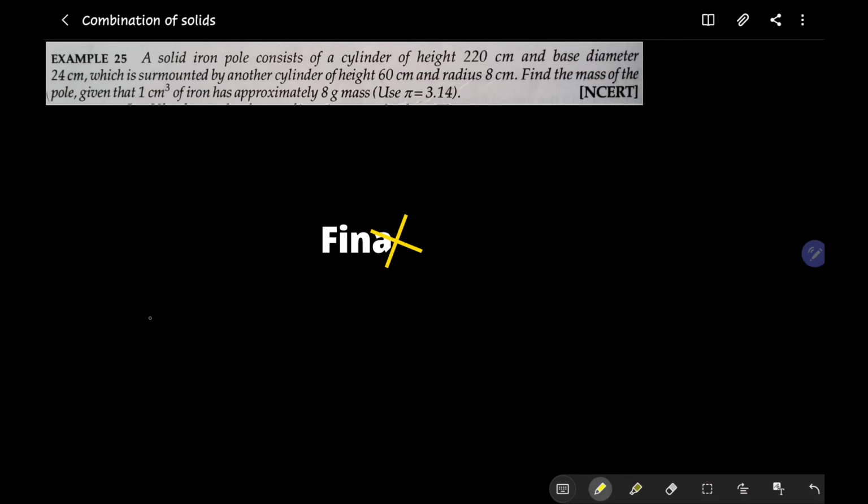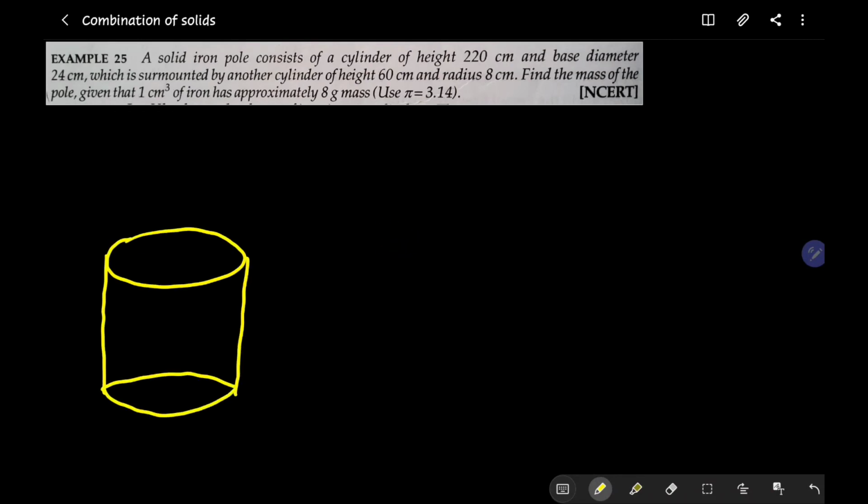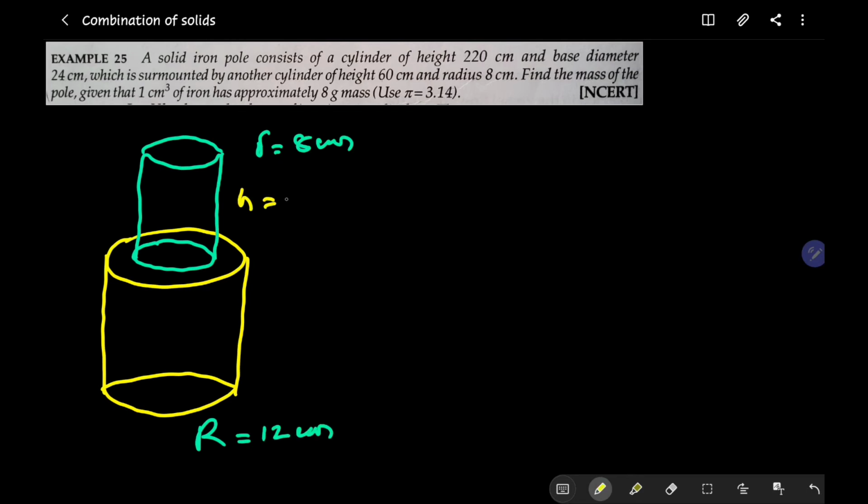In this final problem, as you can see, the combination is a bit different. They don't have equal radii. In case of finding the volume, just like in the previous model, there is no difficulty at all. All you need to do is add both the volumes, it's very simple. However, when questions are asked about the total surface area of this particular combination of solids, a little bit of difficulty may come into the picture.